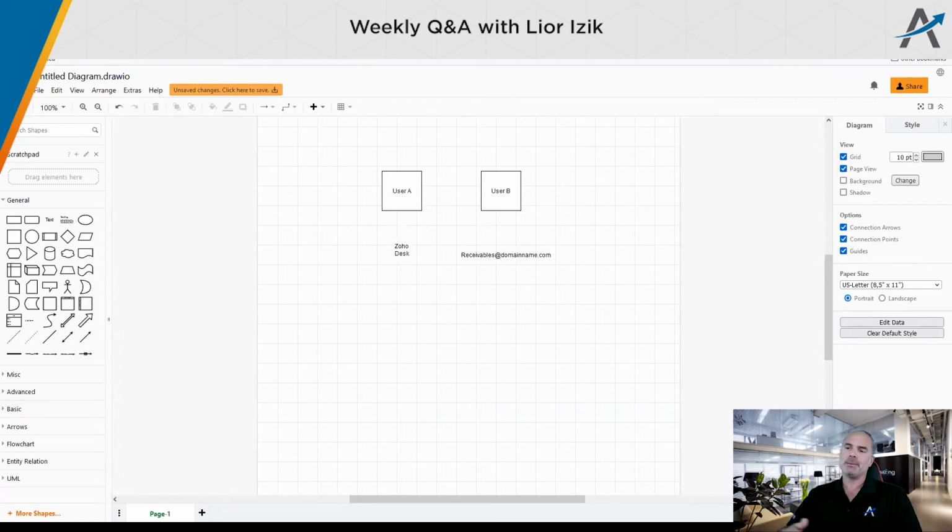But in my company, no one is using emails. We just use Zoho Desk. Really? Yeah, that was going to be my follow-up question, because we noticed there are a lot of apps that tie into Zoho One, and some of them have overlapping functionalities. Yes.